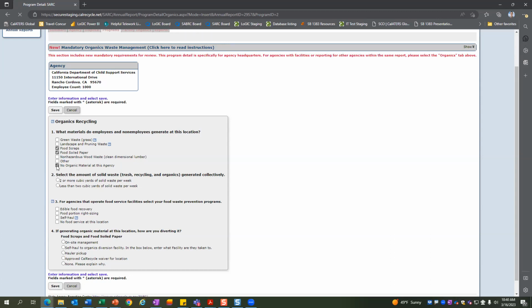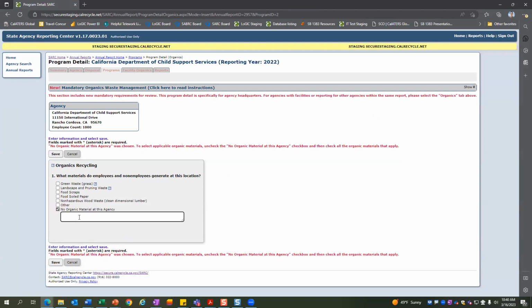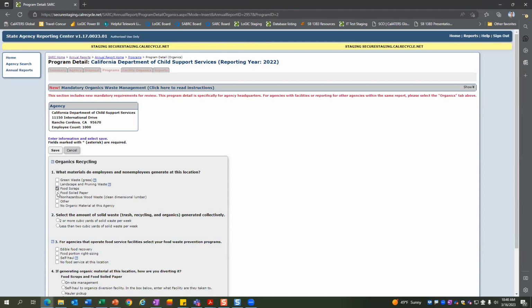If you do select this, you have to kind of explain why. And again, no organic material is different than very little organic material. If very little is generated, the expectation is to select that those materials are generated, and we'll get to it in just a minute in question number 4 of how that material is handled or managed, or if you have a waiver in place.